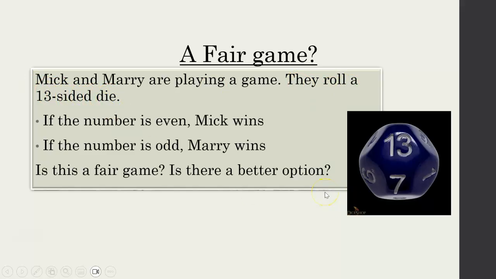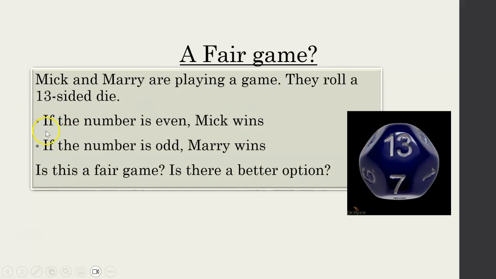Now, a 13-sided die might be a bit confusing, but it looks like this. Your normal cube die would have 6 sides, 6 faces, so that would be your 1, 2, 3, 4, 5, 6. This shape has 13 faces, so it would be a 13-sided die. You can see there's 2, 13, 6 or 9, 7 and 1. So all the numbers from 1 to 13 are on this die.